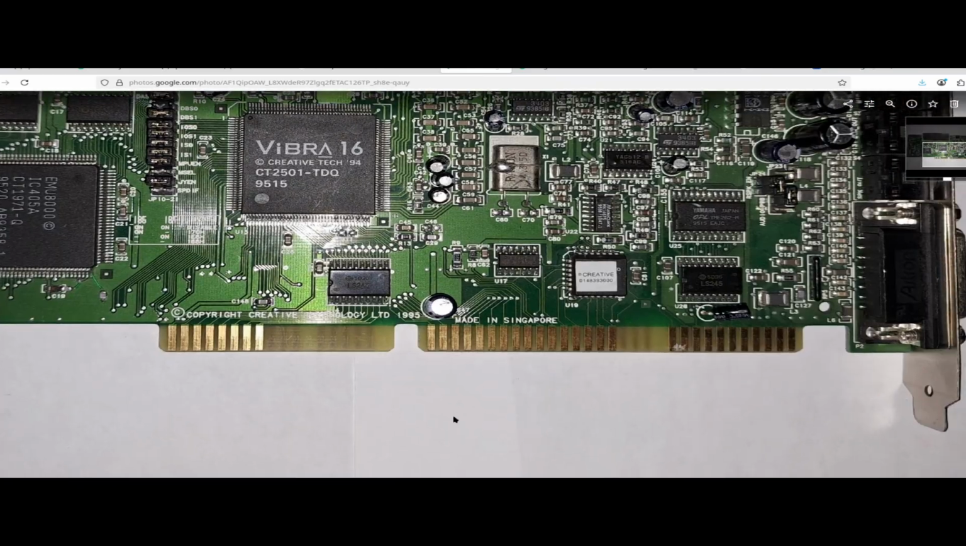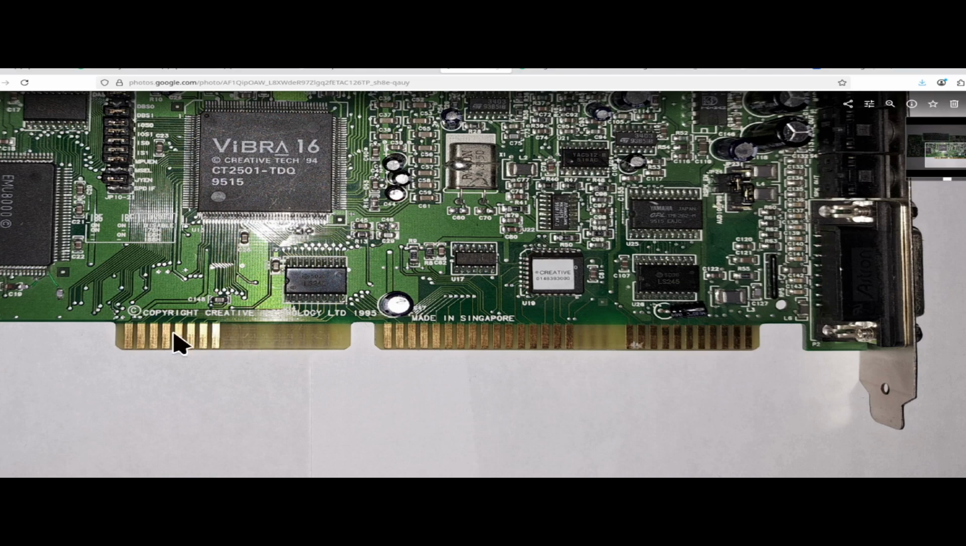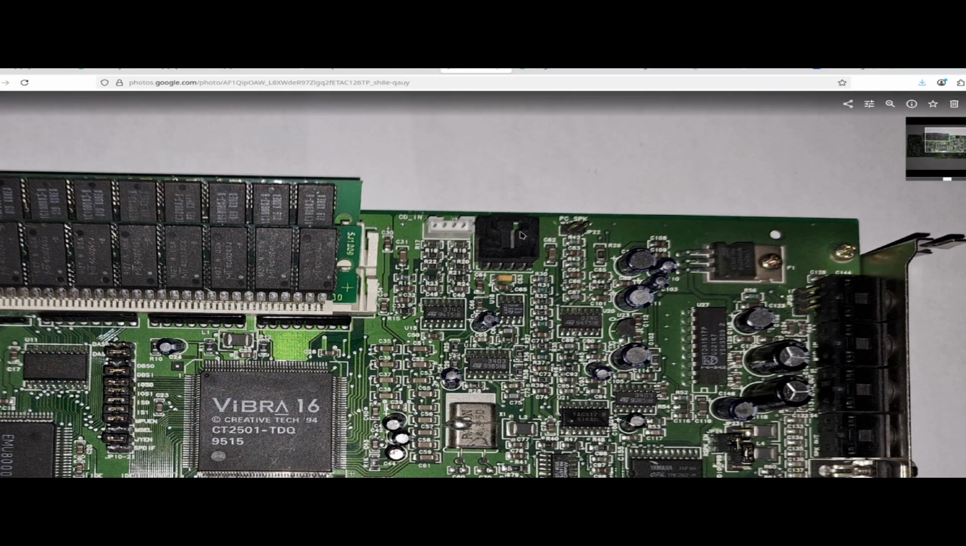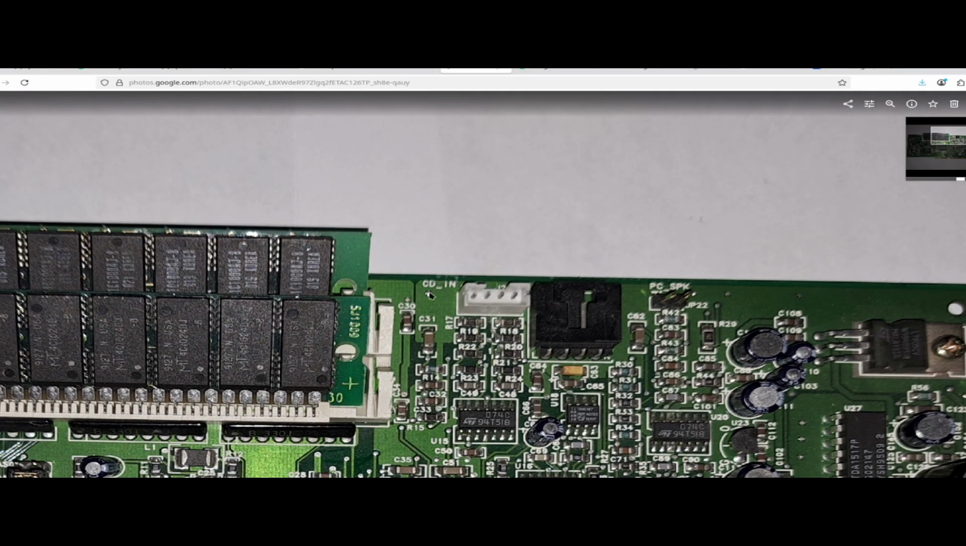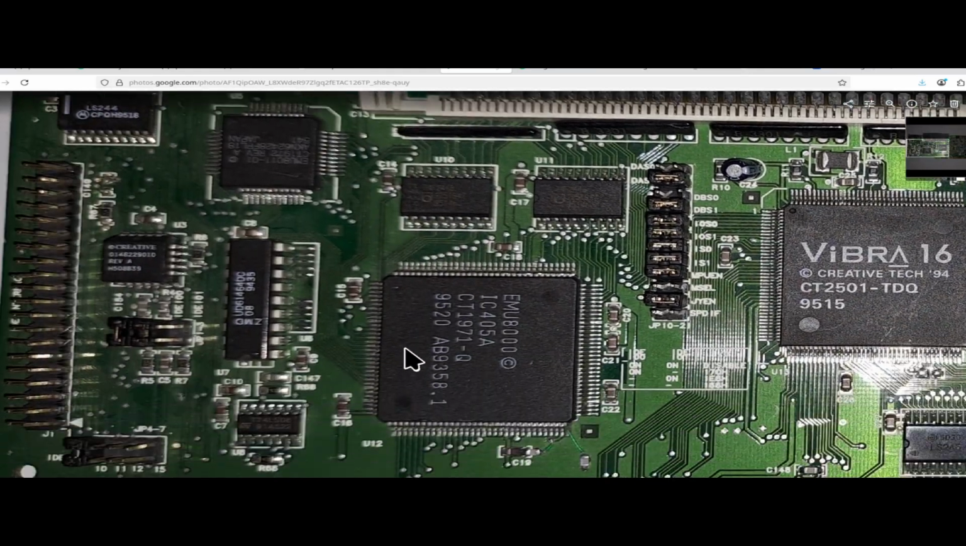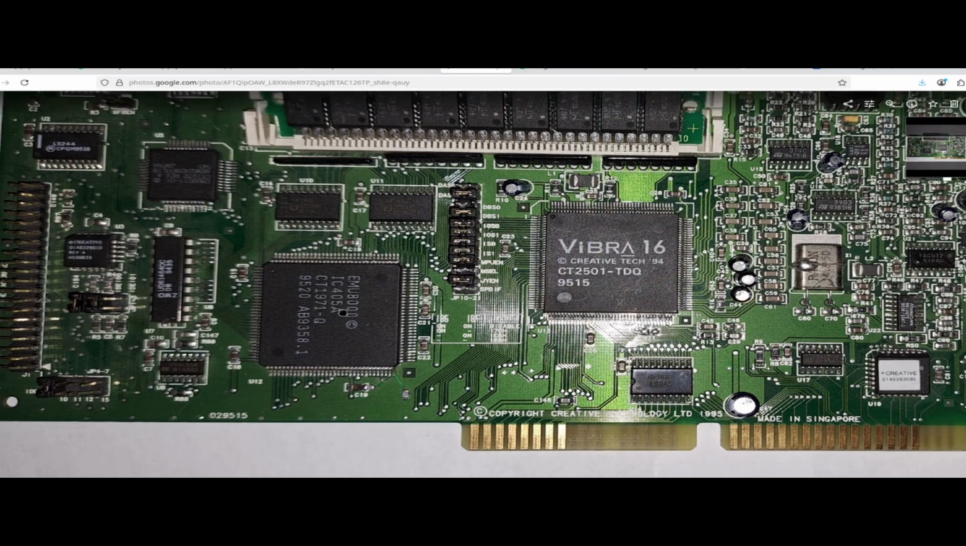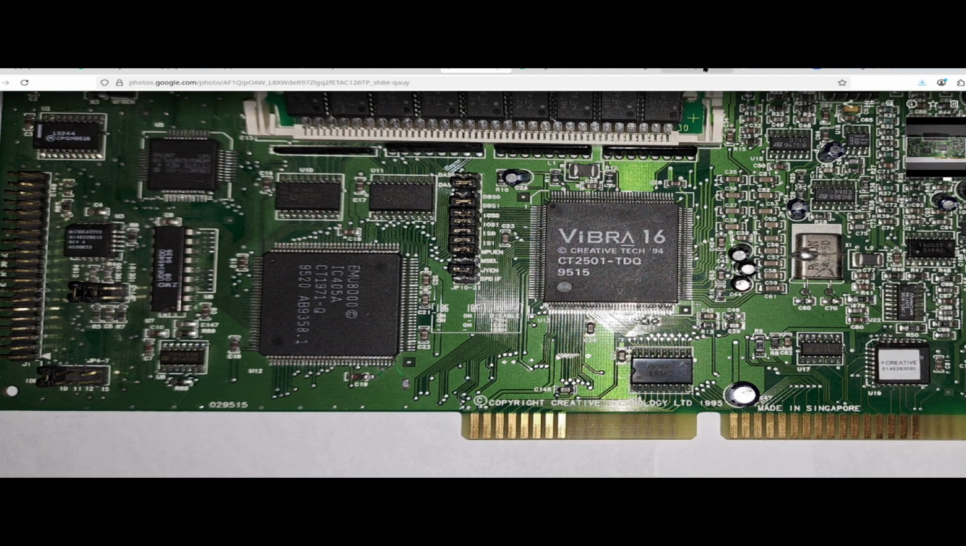This is an ISA slot. Not much to say about it. It's an Industry Standard Architecture slot, because that was very much a standard at the time. CD audio in header. We've got the main processor, and we have another chip that,